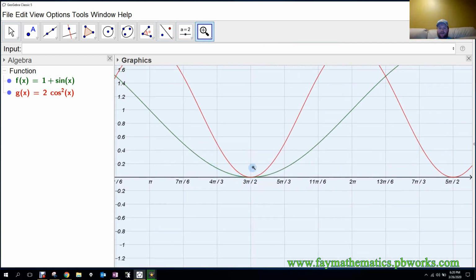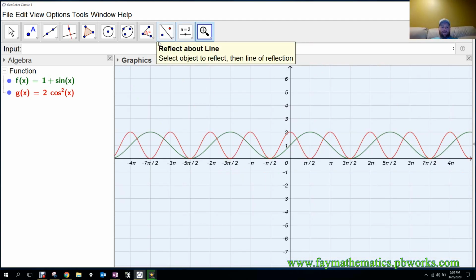And we see then that this one here, where they're the same again, is at 3 pi over 2. So that's hopefully demonstrating to you that concept. Now, if you want to look at